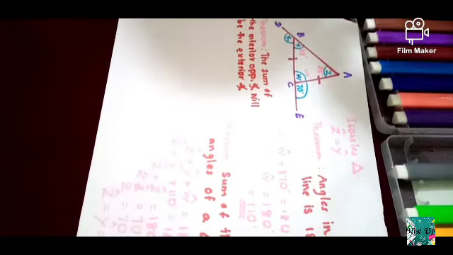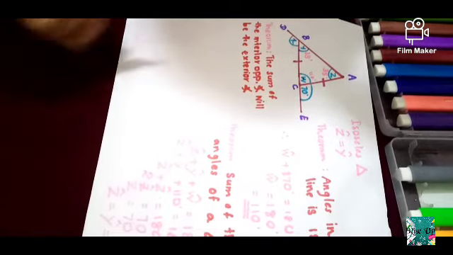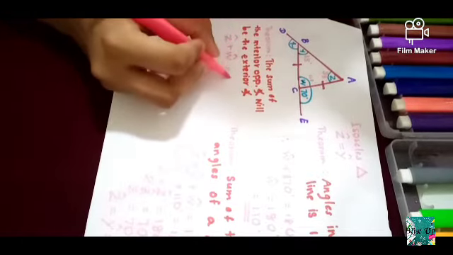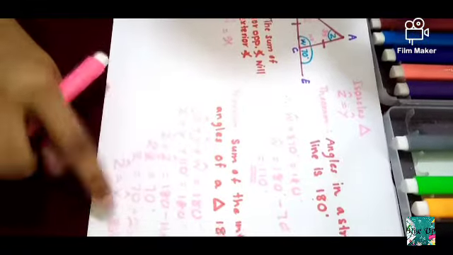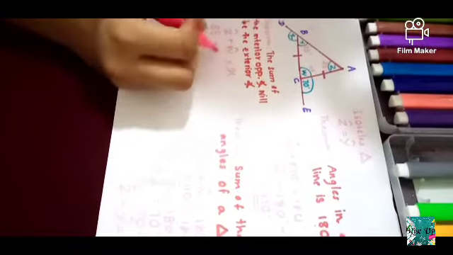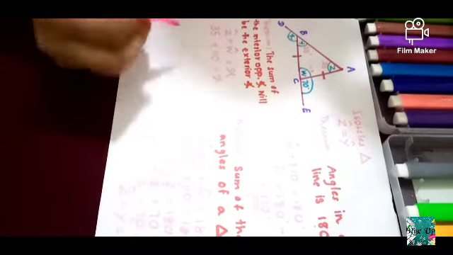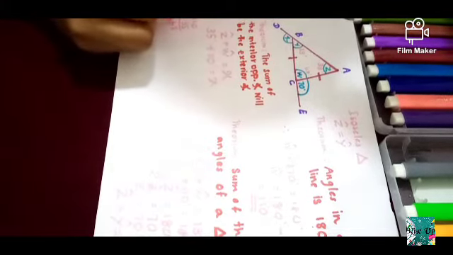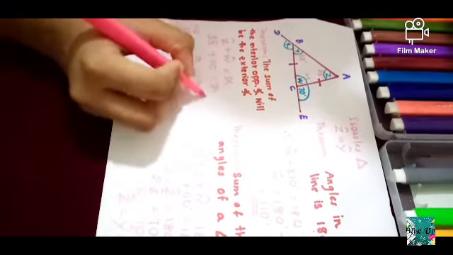So now it's very easy. We know W, we know Y, but here we need only Z and W. So what is the answer? Z plus W will be giving X. Now we know the value of Z, that is 35 degrees. So write it here. We know the value of W, that is 110 degrees. So write it there, and X. So 110 plus 35, what is the value? I am going to add. Yes, X is equal to 145 degrees.